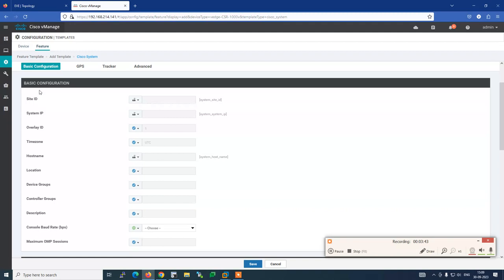Now other basic configuration, site ID, system IP. In the site ID we can see two options, global and device specific. Global means we cannot change the value when we push this configuration to the device, but with device specific, after we select this, the feature template is attached to the device template, and the device template can be pushed to the actual router. So when we keep it device specific,